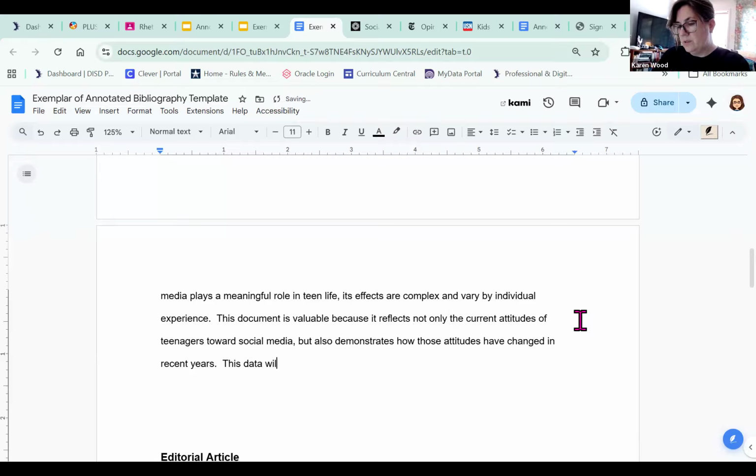This data will be important in establishing